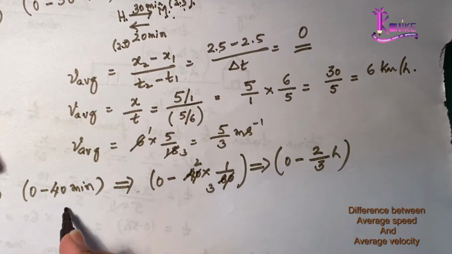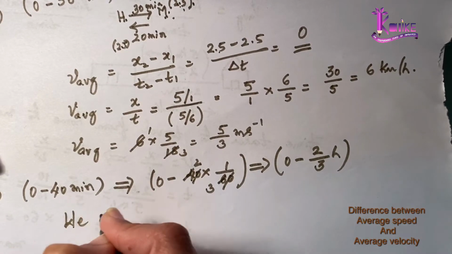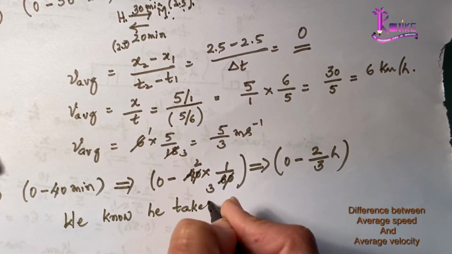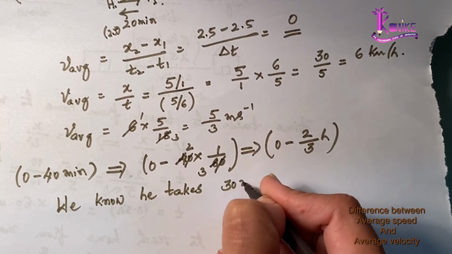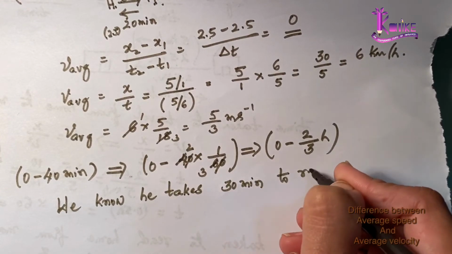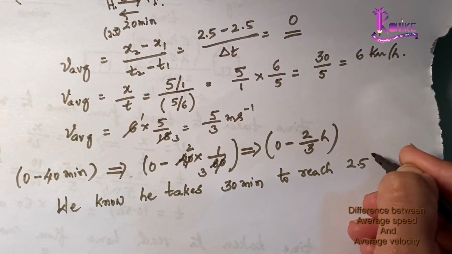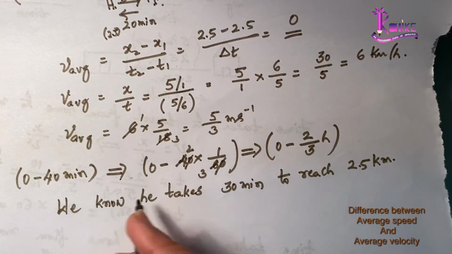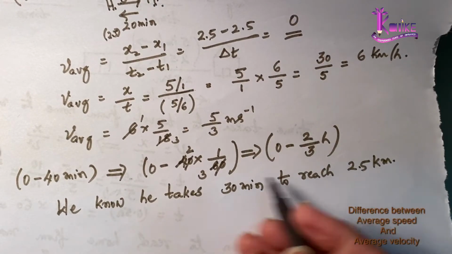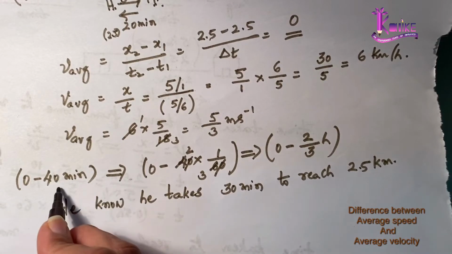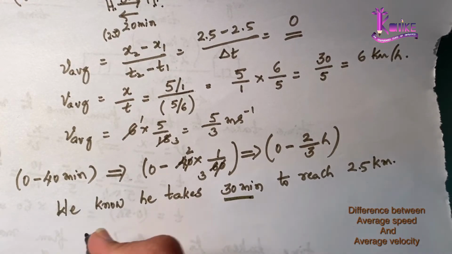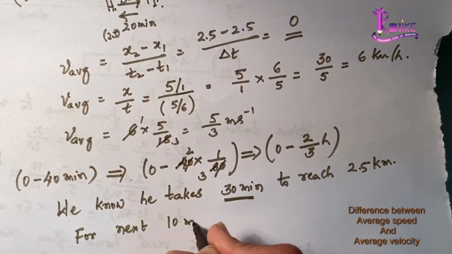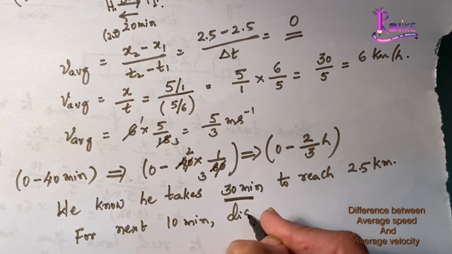But we know he takes 30 minutes to reach 2.5 kilometers, right? But we do not know what is the distance he travels for next 10 minutes because we have to calculate it for 40 minutes, right? So for next 10 minutes, distance traveled